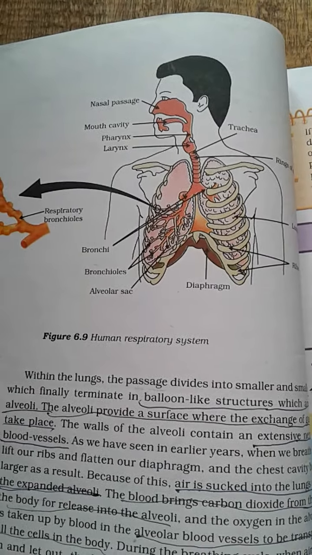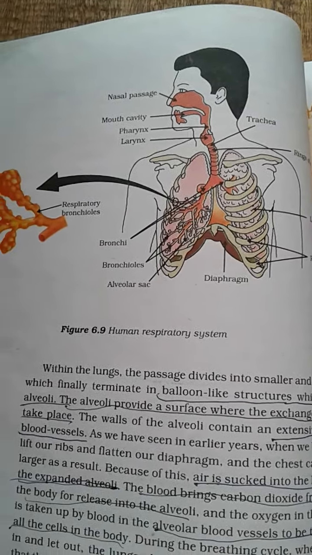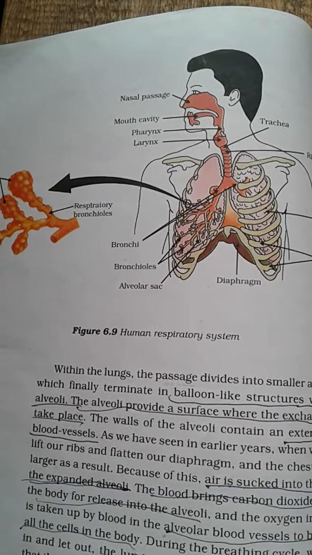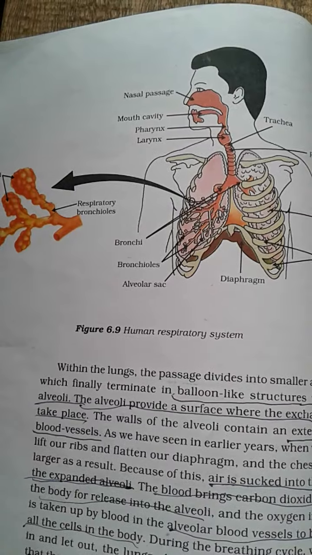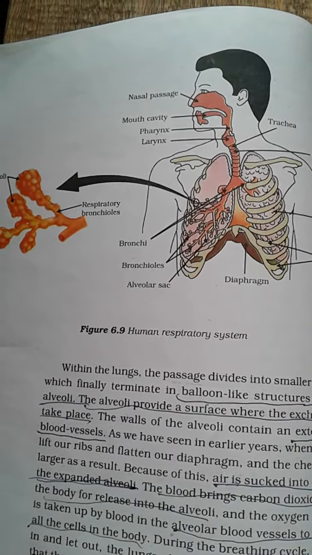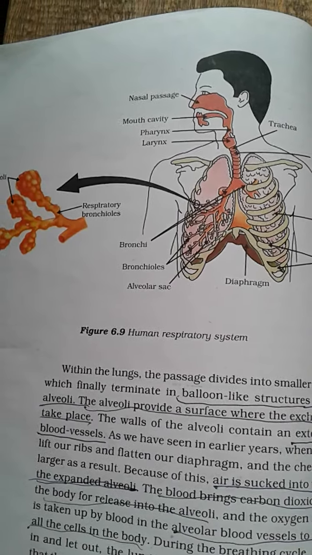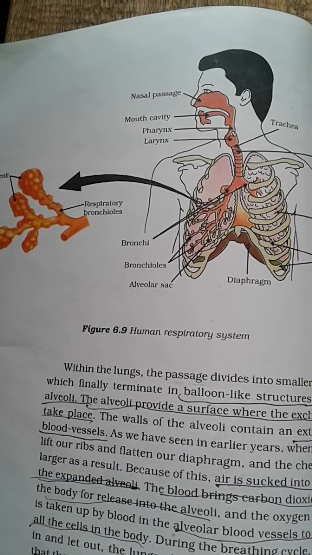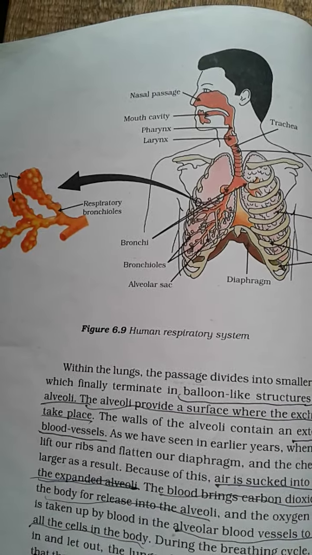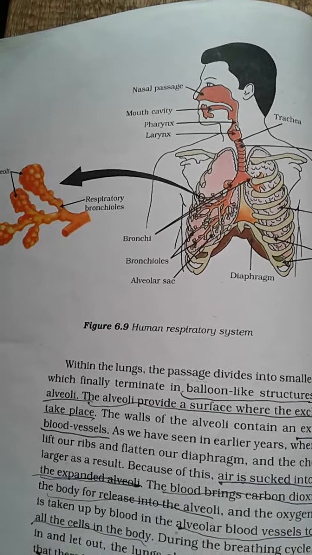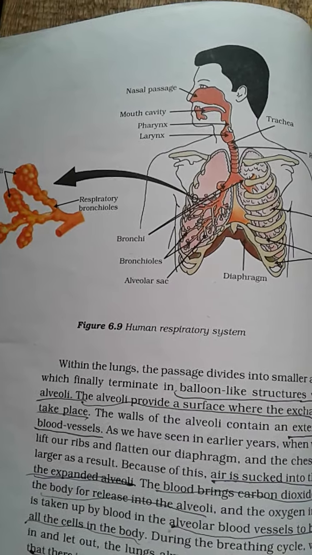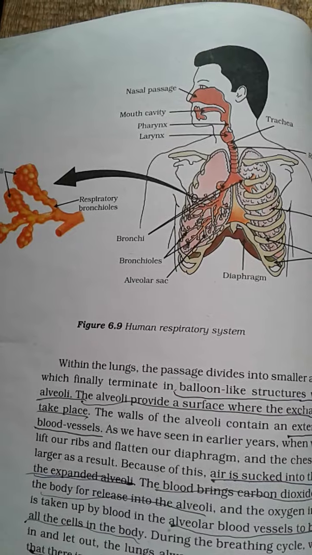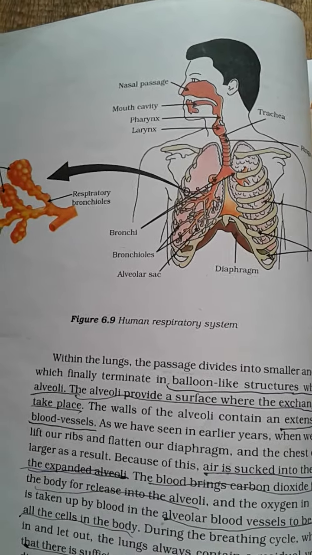The figure here shows all the organs that are involved in the human respiratory system. So, in the human respiratory system, how does this respiration occur? Let me explain to you. When we breathe in air, air passes from the nasal passage, which gets filtered through the hair which are present in the nasal passage. After the filtration, the air passes through the throat and it reaches the lungs.